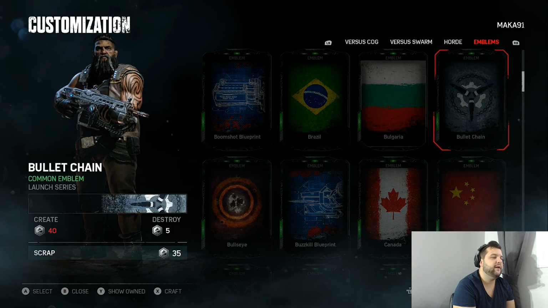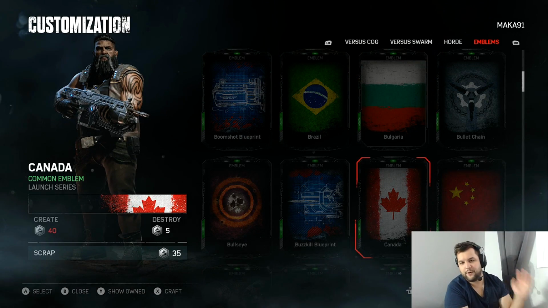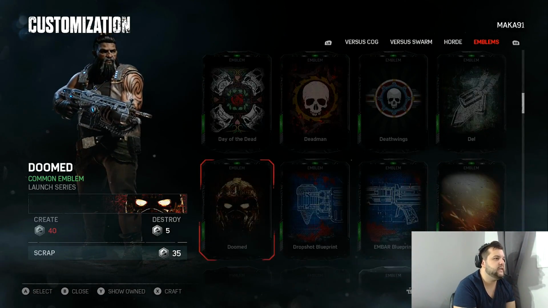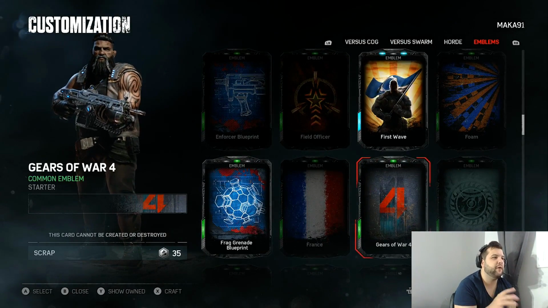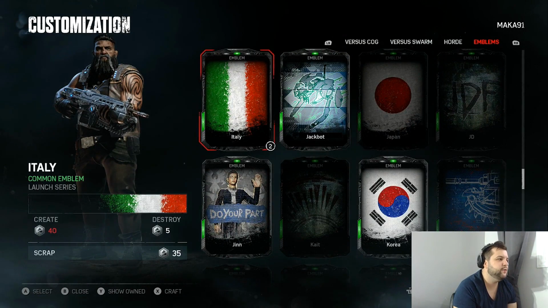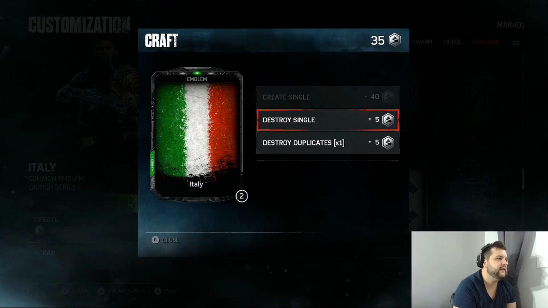Now, they're going to be in alphabetical order. Obviously, I wanted the Canadian one. I thought that would be the coolest for me. Australia, great country. Not where I'm from. Don't know if I want to represent that online. We're going to go... So, I have 2 of these. Let's see if I can...